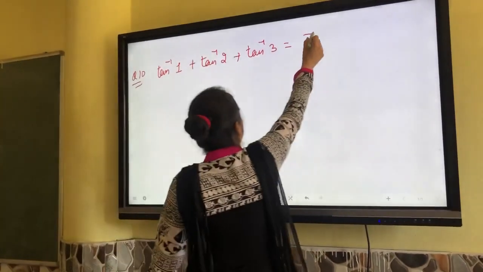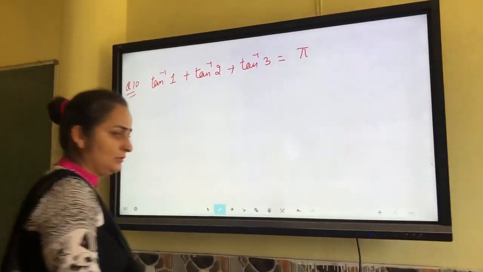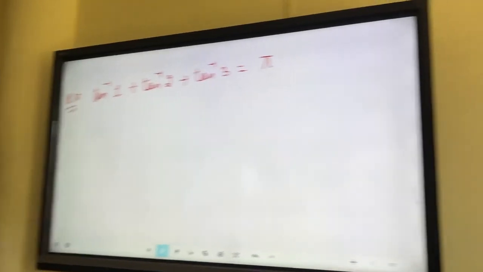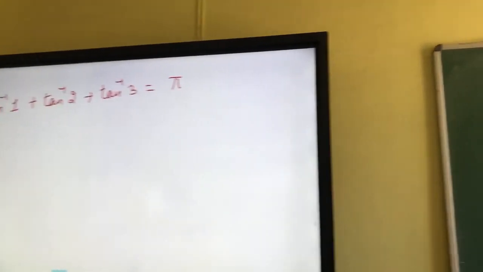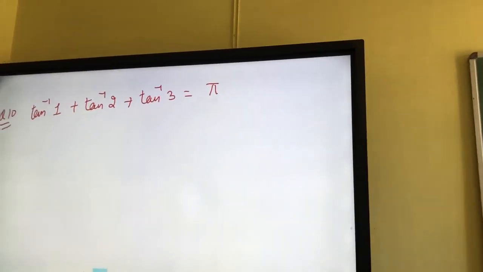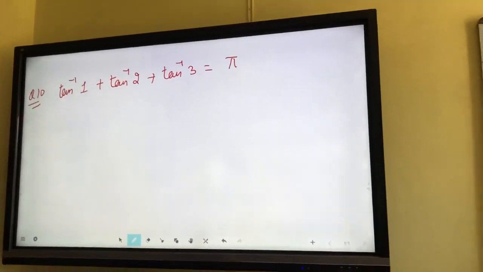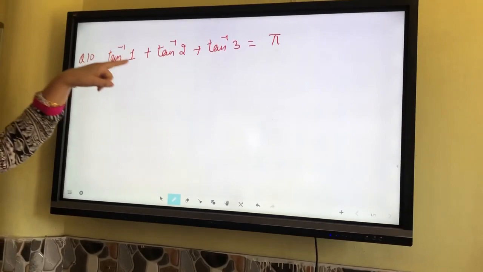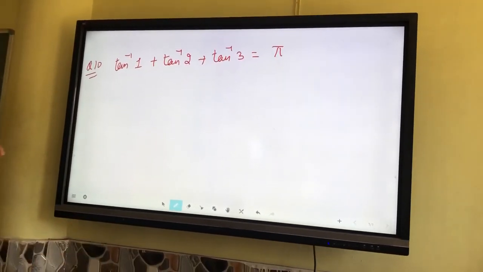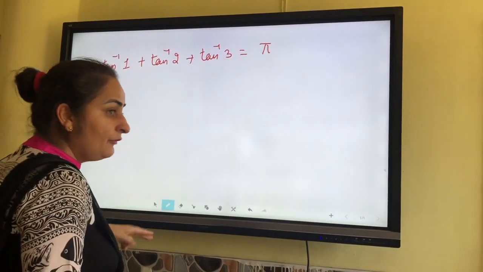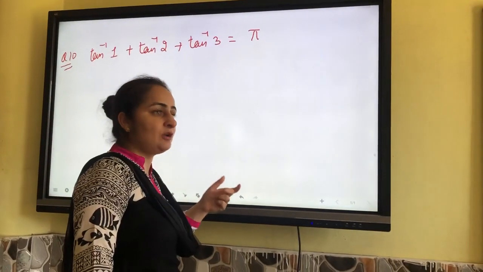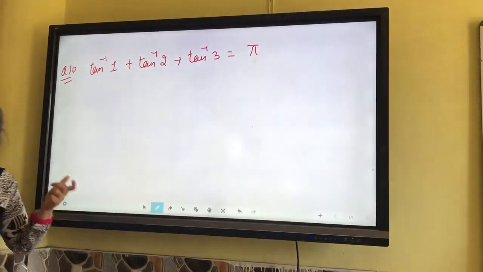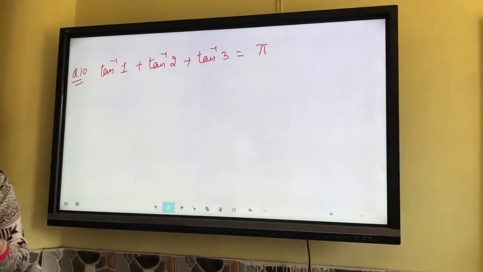Is equal to only pi, not pi by 2. Now, what we want to do here in the question, there are two types of question. One is you have to prove. In proof means we will solve left hand side result is equal to right hand side result. In place of proof, if there is any evaluation or simplification means we will solve the value of any variable that is used in the question.